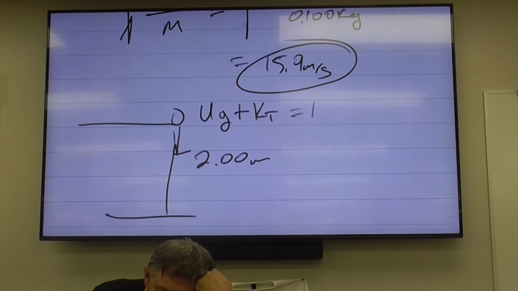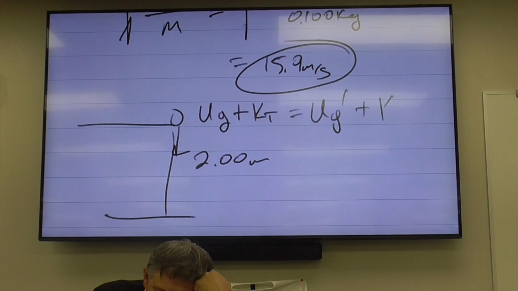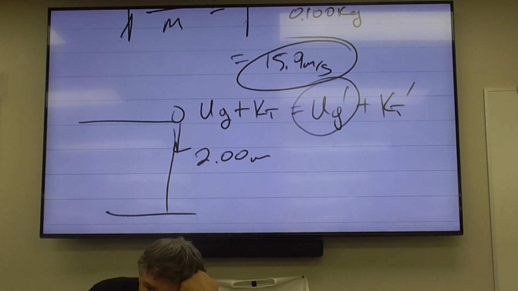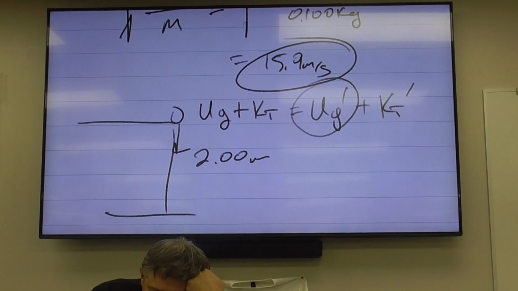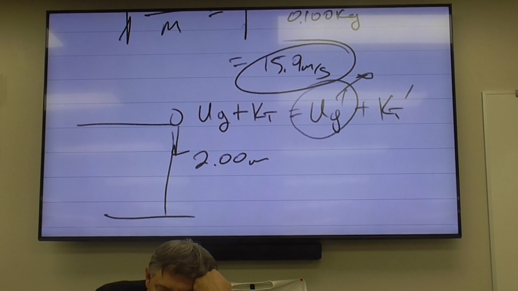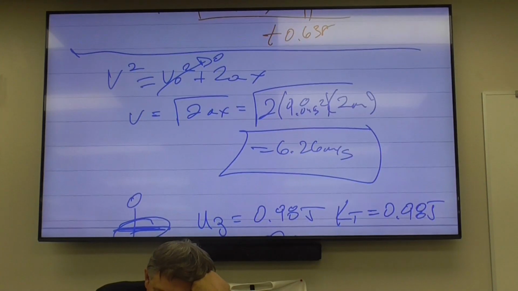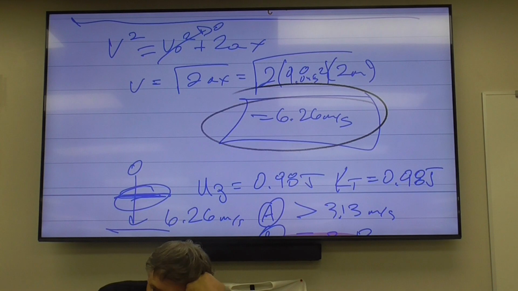Now, at the bottom, that's going to equal UG prime plus KT prime. True? But when it lands, what's going to happen to my value of UG prime? It's going to be 0. So, if you look at the velocity that it had when it was just dropped of 6.26,